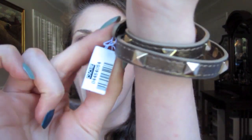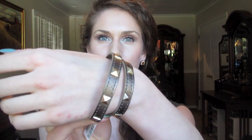Same with this one. This is a wrap bracelet, and I saw one of these on Jewel Mint, but I decided not to get it just because I didn't like the little hearts. But this is like a stud one, and it basically wraps around your wrist like this, and this is brown and it has a couple of little studs, so I was like, ooh, so these are so in. I might pair this with a watch. You see something really funky and edgy like this with a really, really classic watch. Like, that would look so cute,